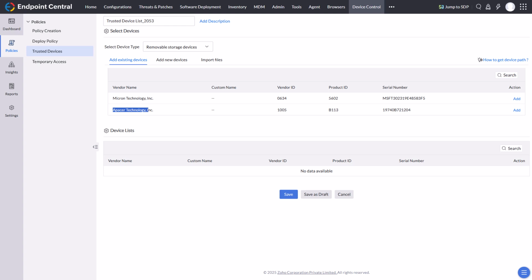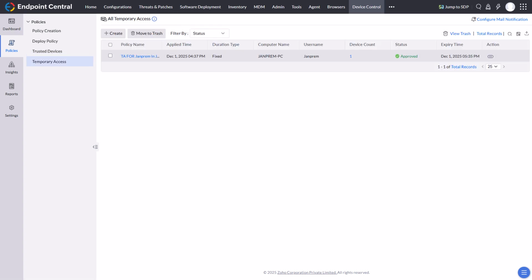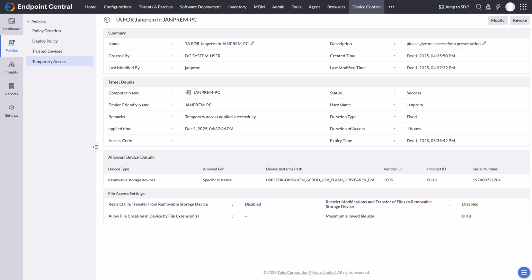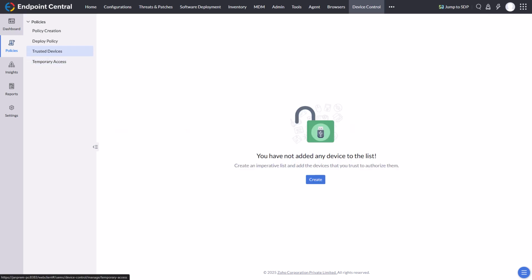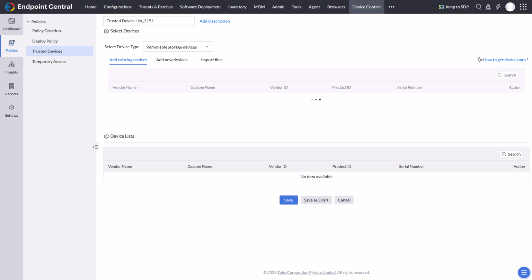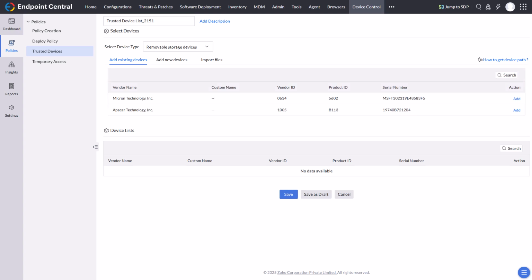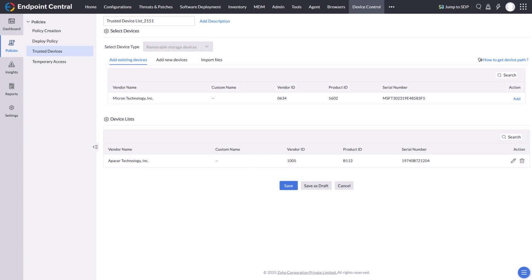Let's have a look. 1204 temporary access. Which device has been asked? Yeah, 1204. So I could go now and create a trusted device list and add that. Okay, let's add that to that trusted device group,